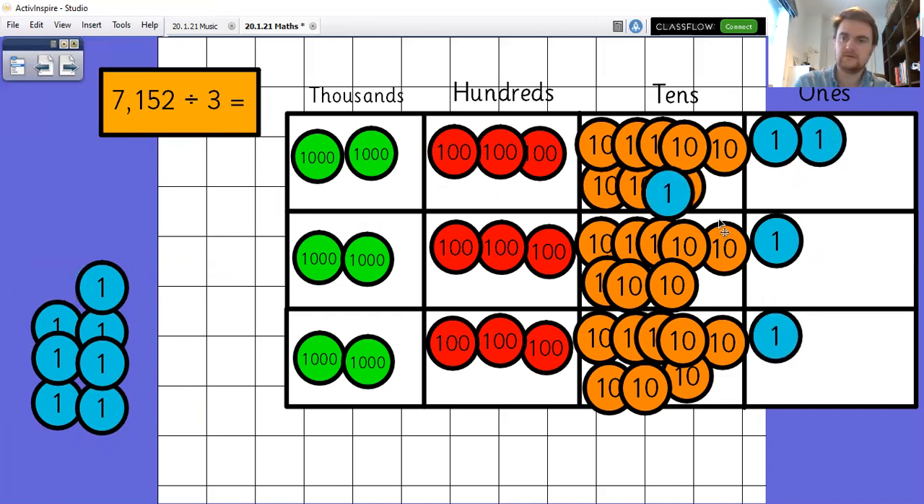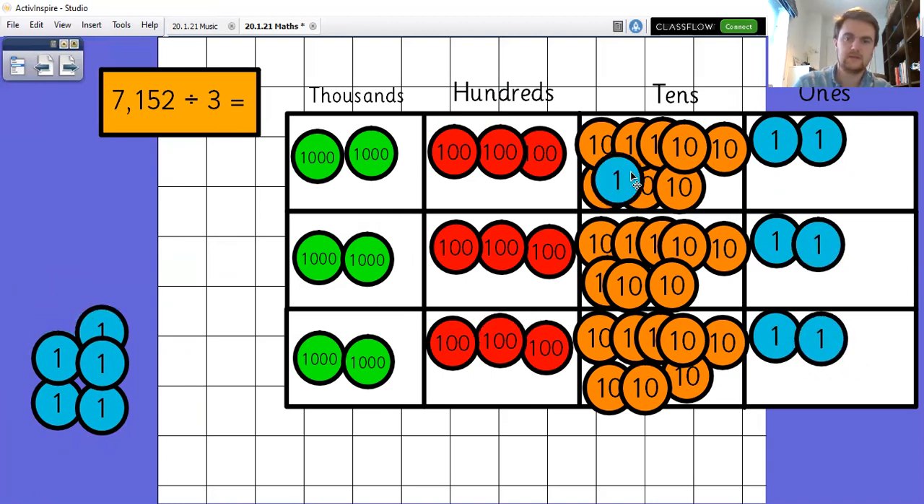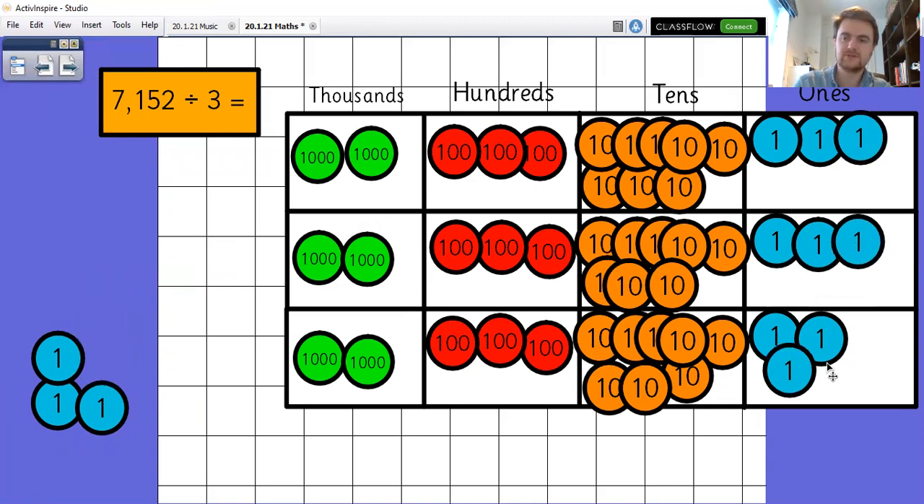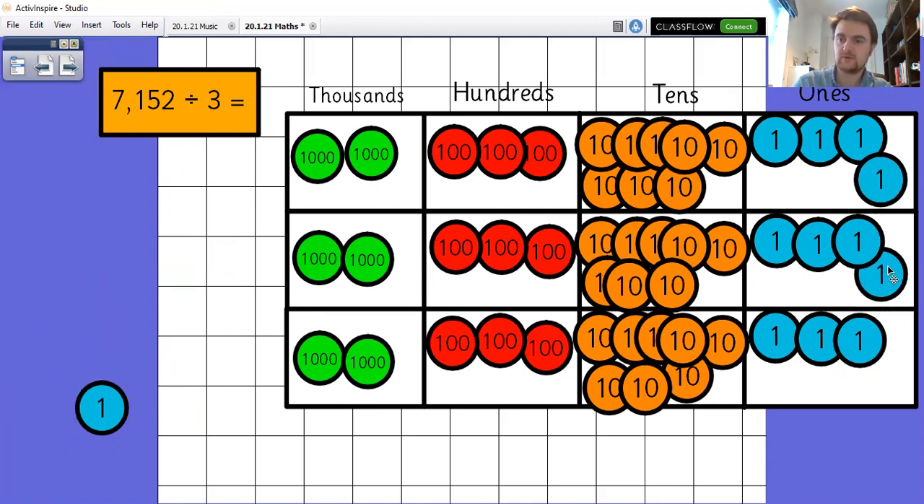And I can see that I should, in theory, end up with this being equal. None of the questions that you're looking at today should have remainders. So if you end up with an answer that's got remainders, double check what you are doing, because these should all go in accurately. So we've got each row has got 2 thousands, 300s, 2, 4, 6, 8 tens, and 4 ones. So the answer is